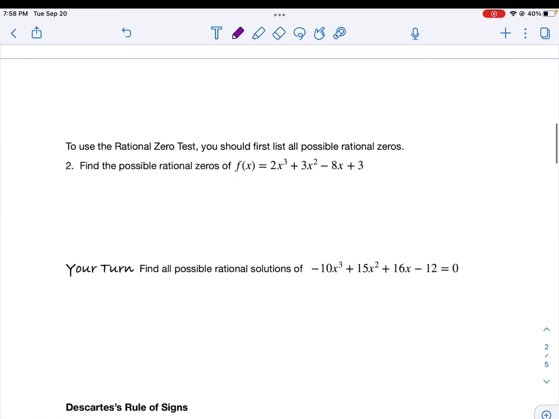So let's see. Let's try one. We got f of x is equal to 2x cubed plus 3x squared minus 8x plus 3. So to figure out my possible rational zeros, it won't give me the actual rational zeros, but it gives me all the ones that I could choose from. It'll narrow down my possibilities. I'm going to take the factors of my constant term, which in this case is 3,